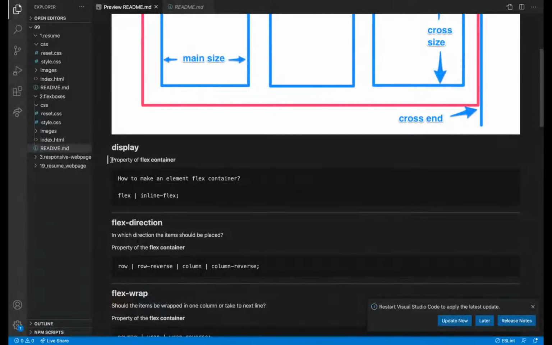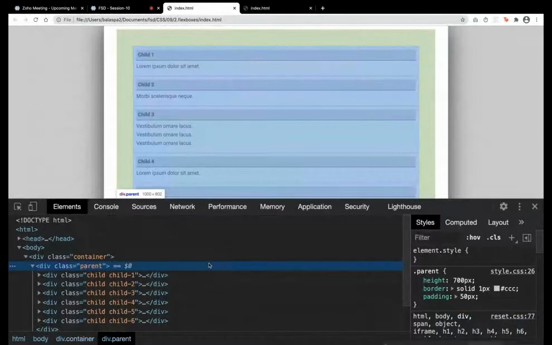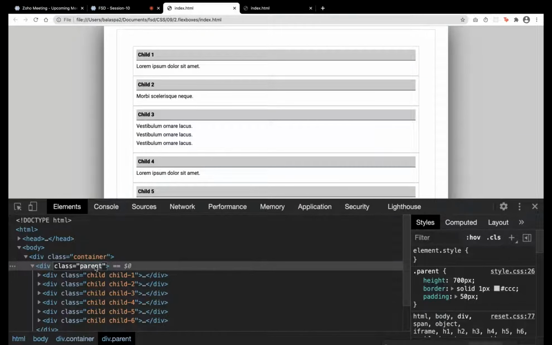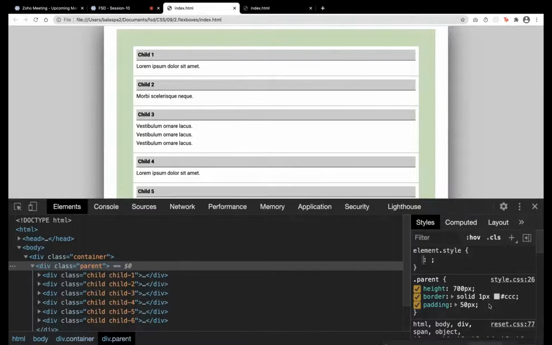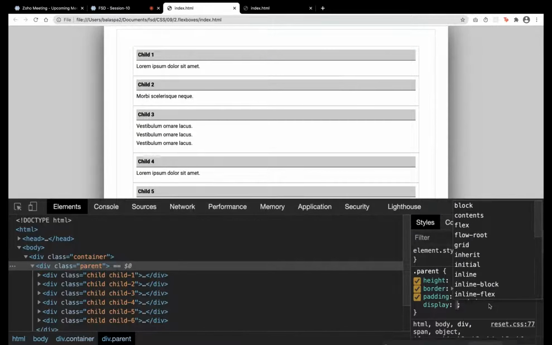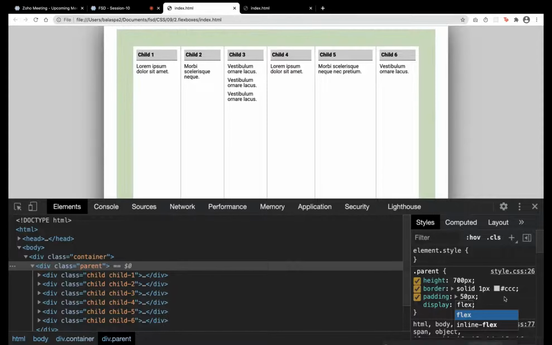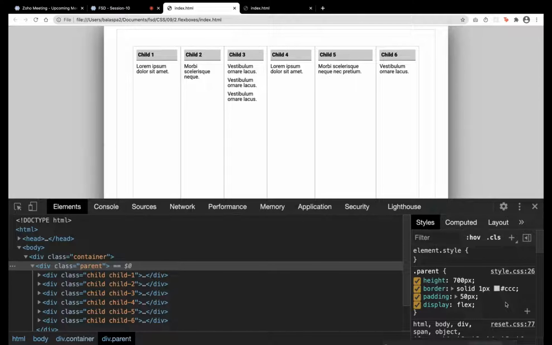We have written the property of flex container. I'll tell that later, no confusion. For now, the parent I need to apply. What I'm going to apply here itself, this is the parent thing. I can say display flex. See, that simple. Just I gave display flex, boxes are coming.